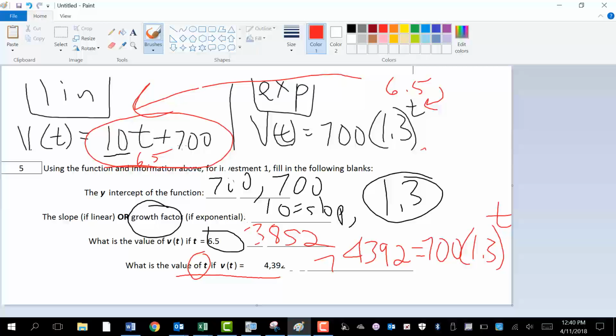Okay, so questions 6 through 10 are basically the same type of questions as 1 through 5. They're just a different scenario. I think it's dealing with fish. But the process is the same. You look to see if something's linear or exponential, and I've already explained in the first 5 videos how to get the function for a situation, whether it's linear or exponential, and how to use those functions and how to analyze those